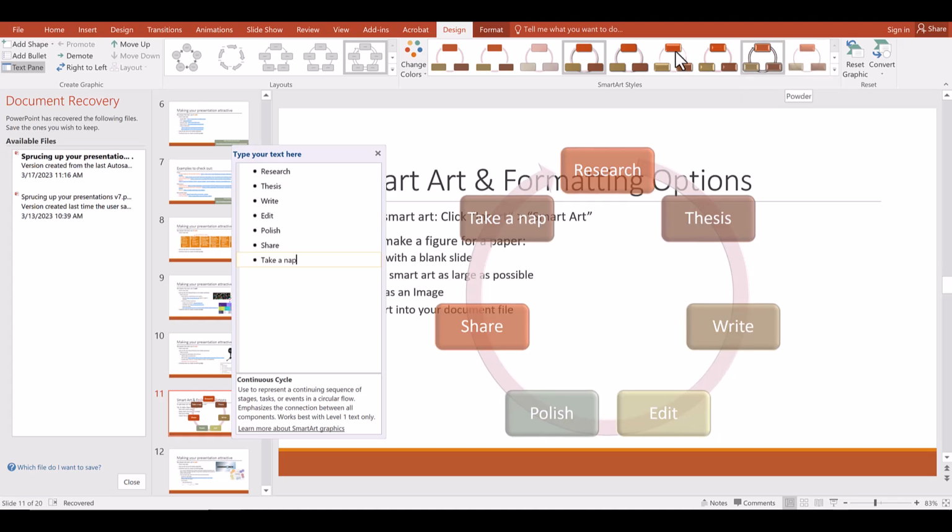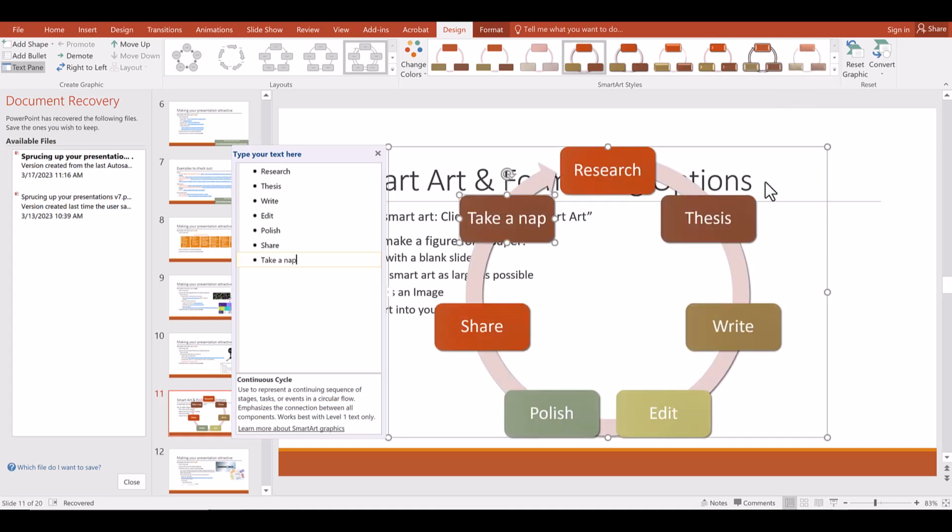And the really cool thing about this is if you create SmartArt on a PowerPoint slide, if it's just a clean blank slide, you can make it as large as you want or can. And you can save that slide as an image, and then you can take that image into other places. So like if you're writing a paper and you're giving a presentation on that paper, you can take the figure that you made in your presentation and put that into your paper as well. And that's just a really handy sort of 2-for-1 deal that you get with SmartArt. So I really love SmartArt. It's one of my favorite things about PowerPoint, and I always like to share that.